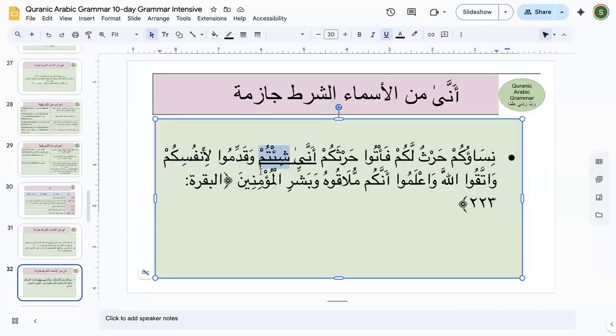And in here, do you see any jawab? Do you find any jawab? Anna shi'tum, there is no jawab after it, right? Because waw cannot be jawab, right? So there is no fa. Sometimes, what did we learn in the beginning? Sometimes jawab may be omitted, right? And what will happen is whatever is before the jumla shartiya can be denoting that this could be the possible jawab.